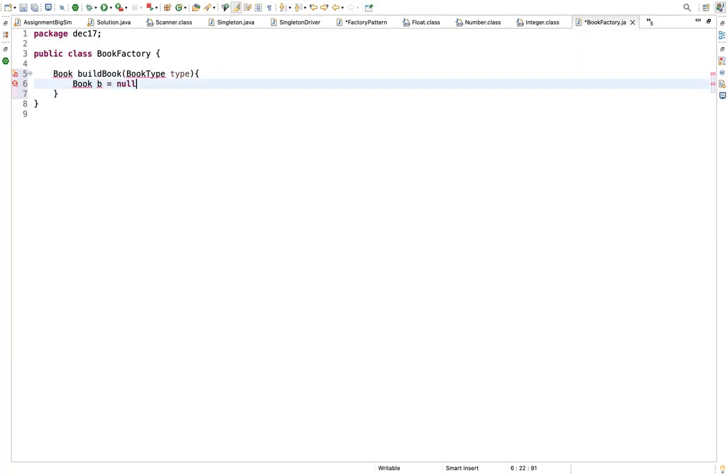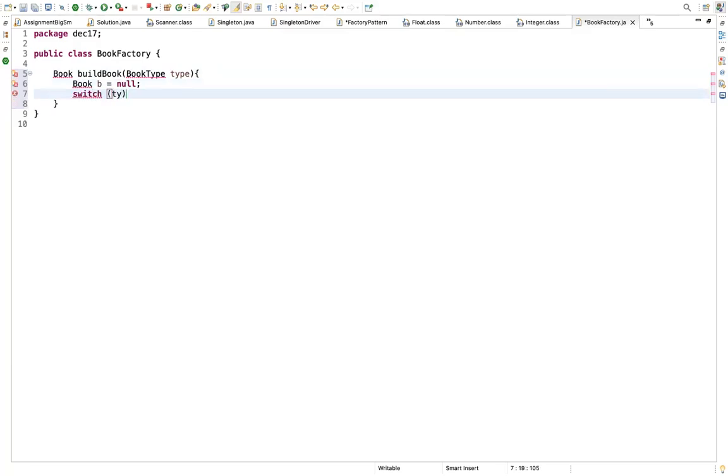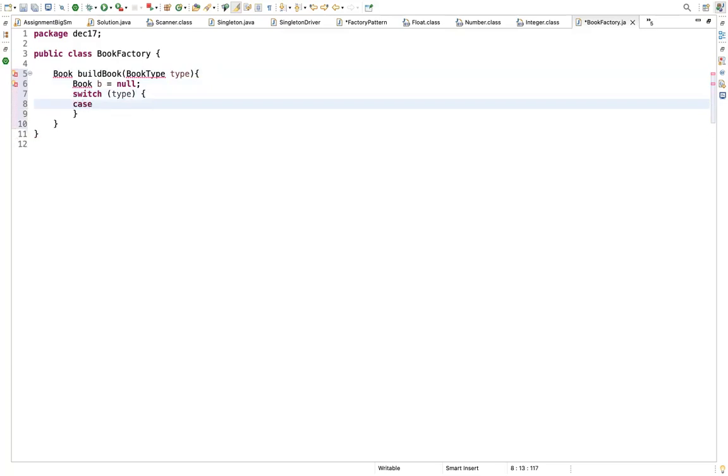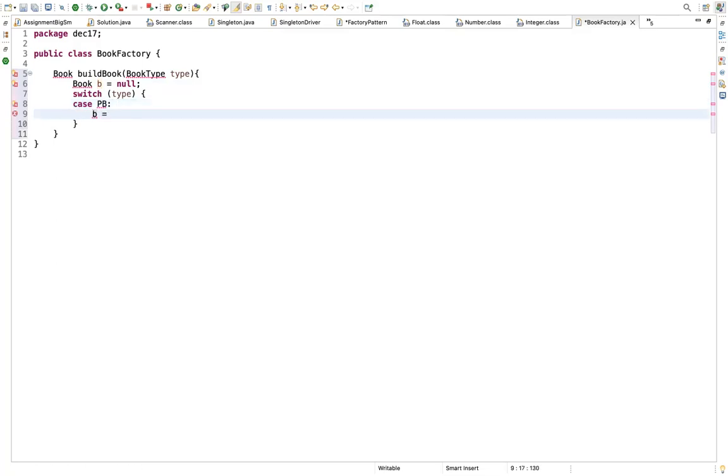Now let's have one switch case, and pass your book type, which you get as the argument. In the first case, let's have paper book, PB in caps, colon, and within that give B equal to new PaperBook.